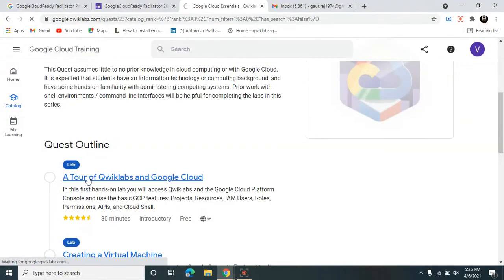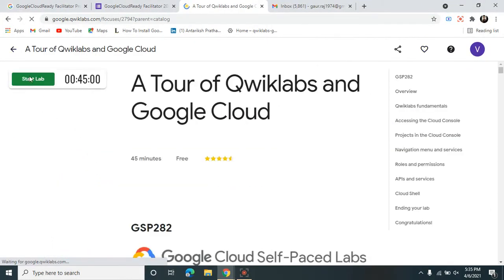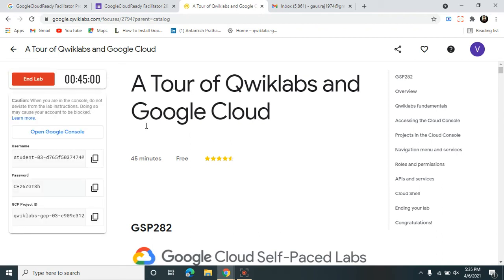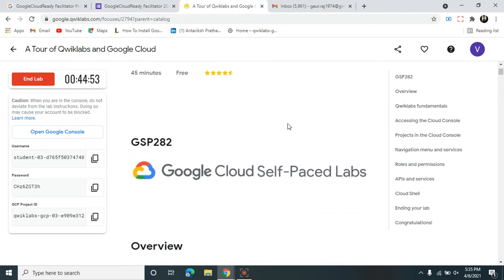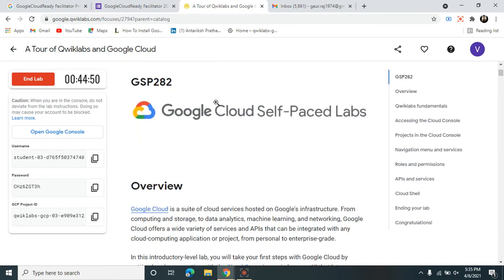So we are going to take a tour of Quick Labs and Google Cloud. We have to spend at least 5 to 7 minutes in this lab. After completing this lab, we have to end this lab.